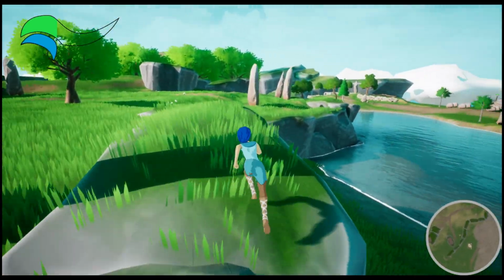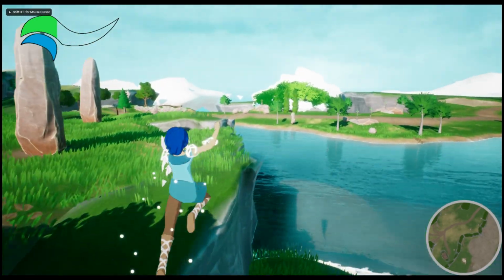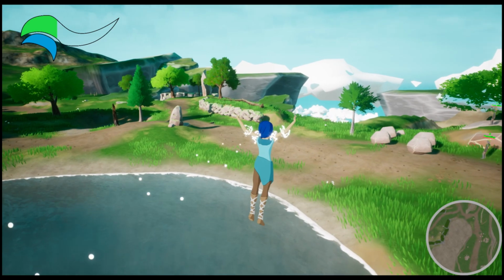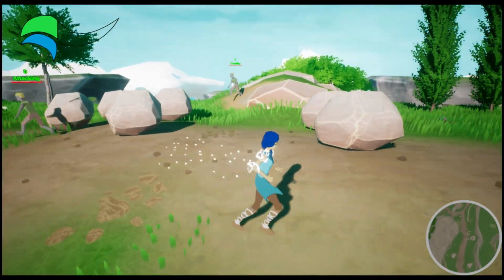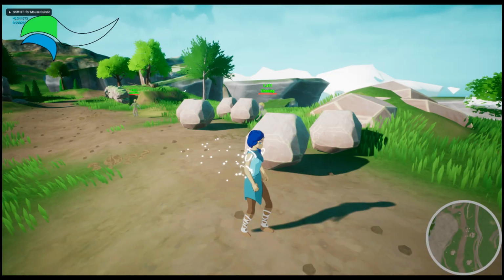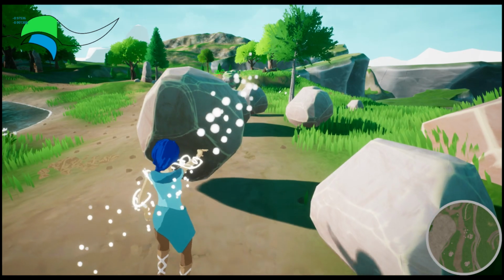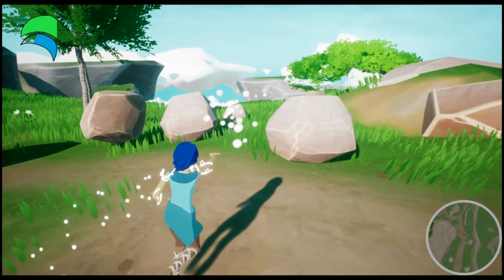So let's head over to fly over here. So now we're over here, I've got some enemies. Oh, these are physics-based rocks, so if I get my air, I can shoot them. And I can move them around, so I wanted to have all these objects